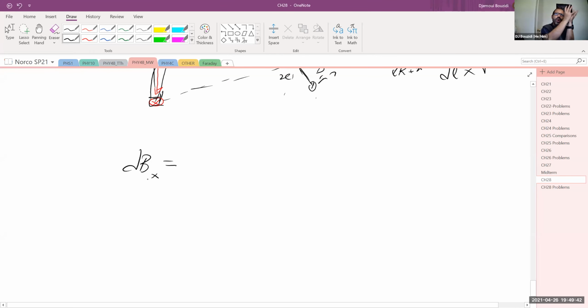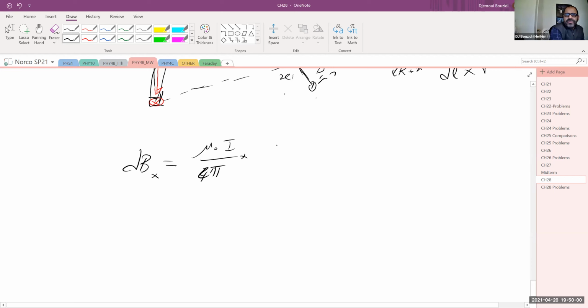As I was saying, it's a part of a cone. When you project it in all directions, it gives you 0. The only direction that does not cancel is the one along the x direction, along the axis of symmetry for the entire loop. So it's going to be mu naught I over 4 pi